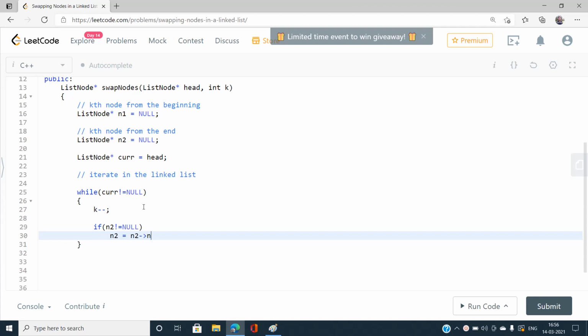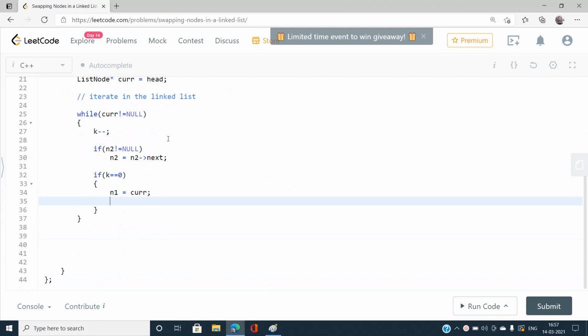And if k is 0, simply initialize two values: n1 is equal to current, that is the kth node from the beginning. And n2 should be initialized with head, because after all the subsequent iterations that will give me the kth node from the end.